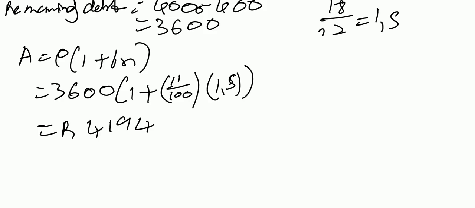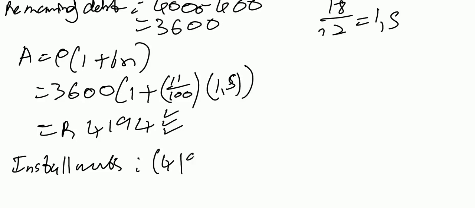Since he must pay this money within 18 months, that means you are going to say James' installments will be what? 4,194 divided by 18 months, because we want his monthly installments. Then we can punch it on our calculator. 4194 divided by 18, which is